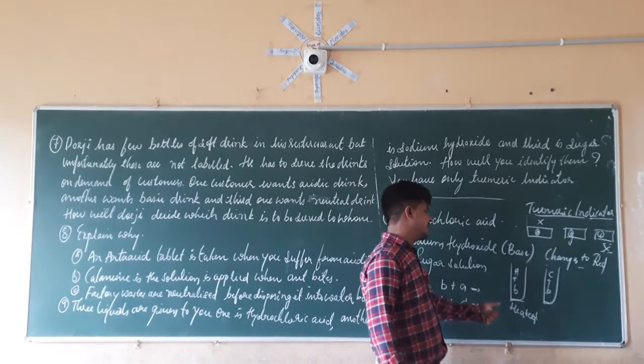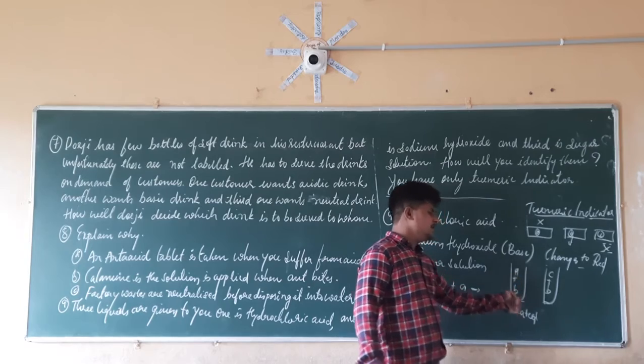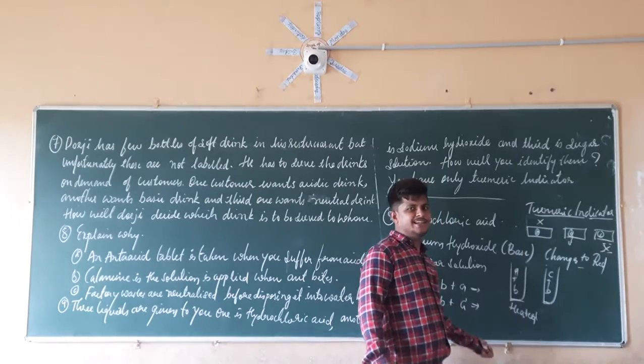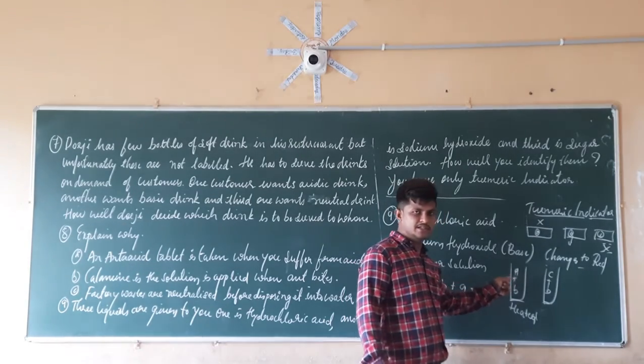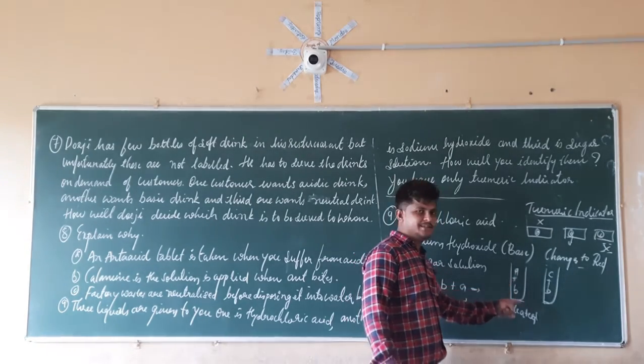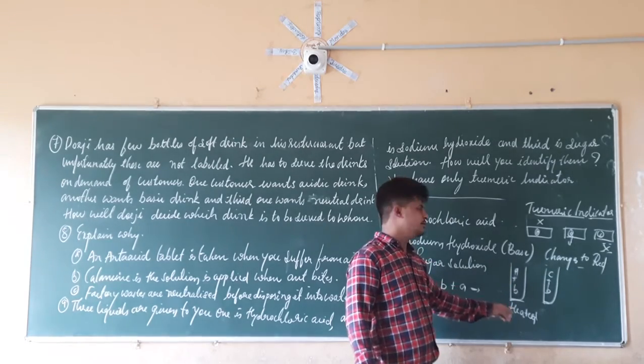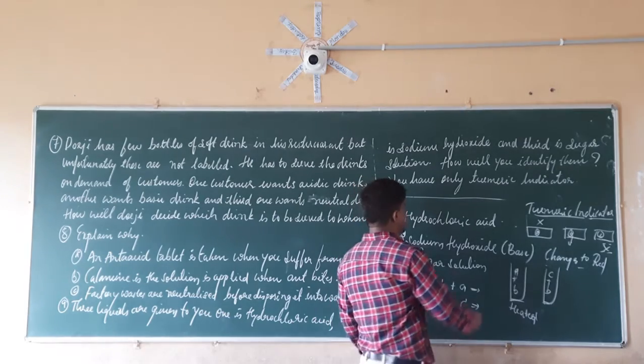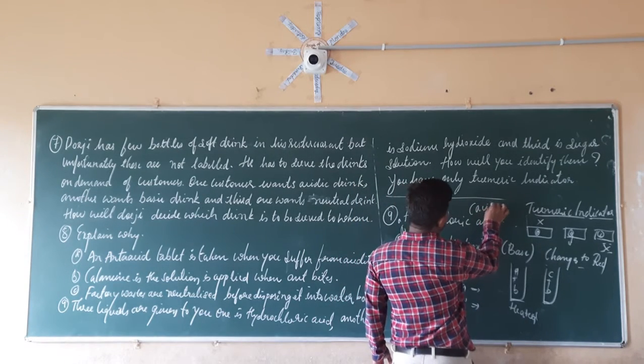When you check that, on adding A to B, the bottom of the test tube gets heated. If the bottom of the test tube gets heated, then a neutralization reaction has occurred. Because of the neutralization reaction, we come to know that the solution is an acidic solution. So here, hydrochloric acid is the acidic solution.